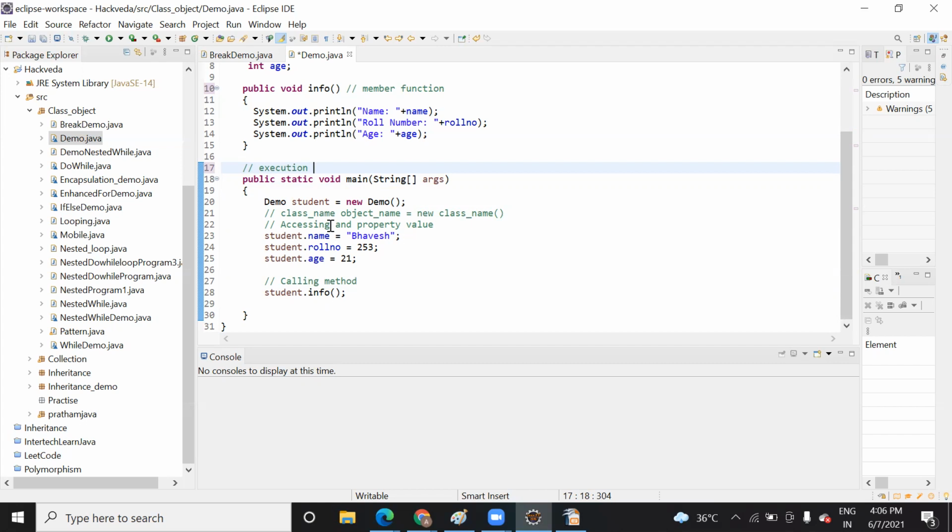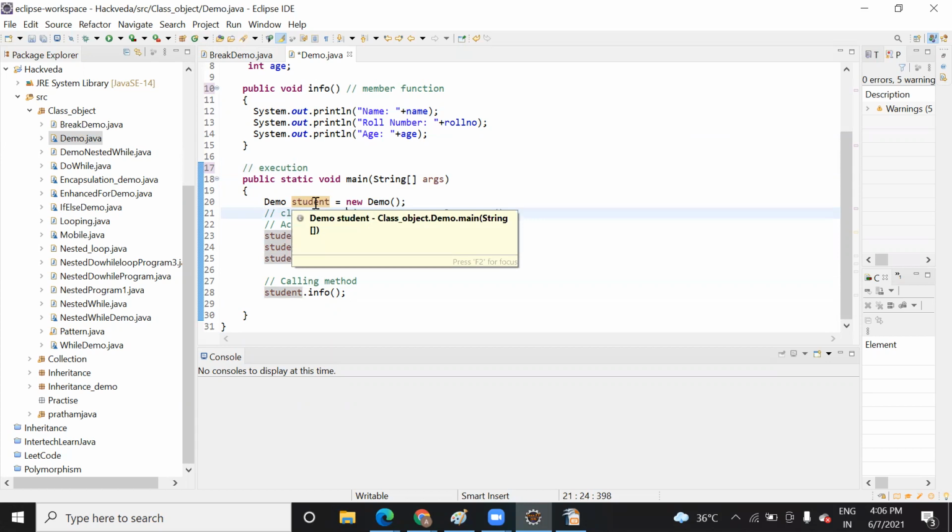As the compiler finds this class, it reads all the variables and functions, and as the execution comes inside the main function, the actual execution of the program starts. As it finds that you have created an object, this object will hold all the variables and their values.